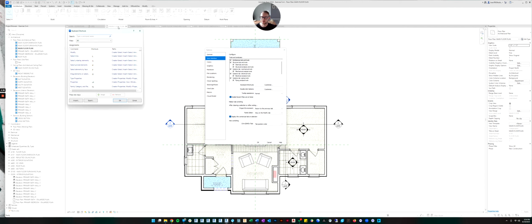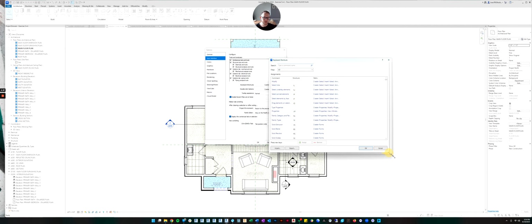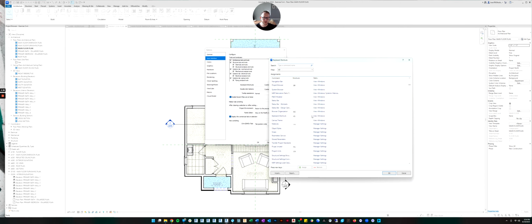So you can click that, and this will give you a readout of all the commands in Revit. This is every single command. And then next to the command name is the shortcut. And Revit typically does 2-letter shortcuts. You can do a 1-letter or a 3-letter, but typically almost all of them are 2-letter shortcuts.